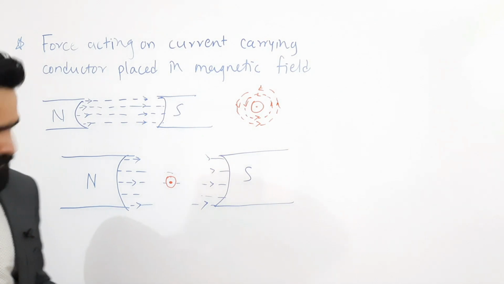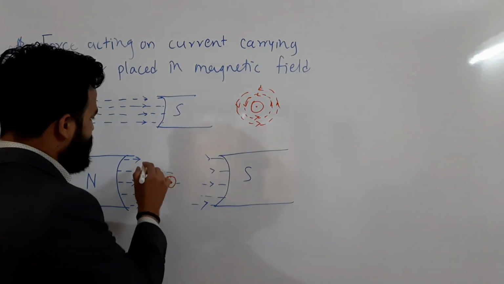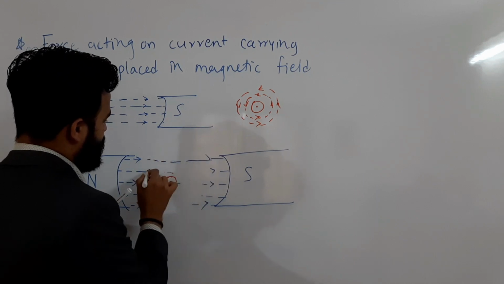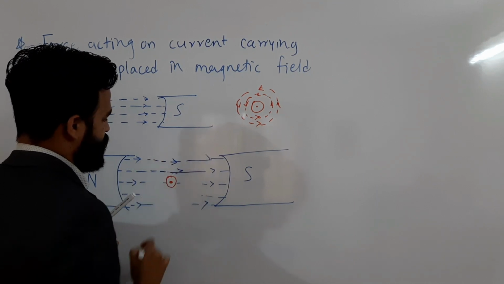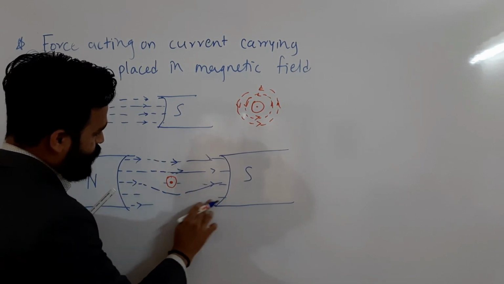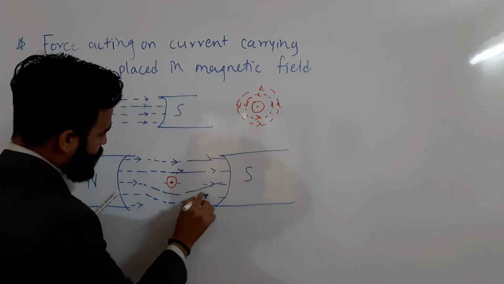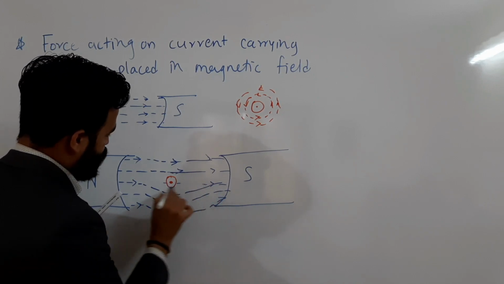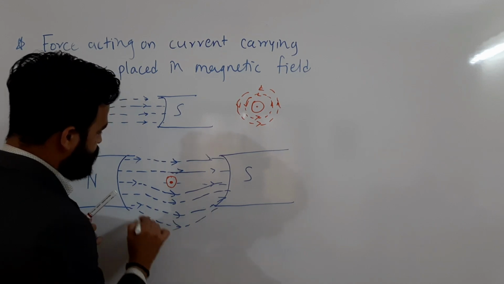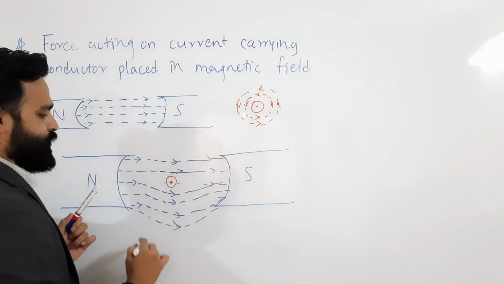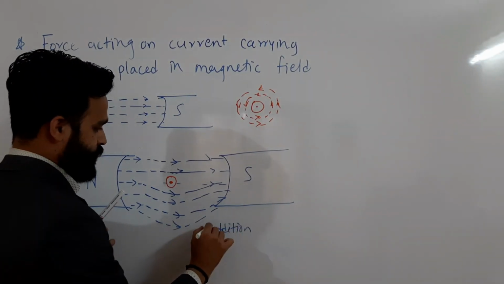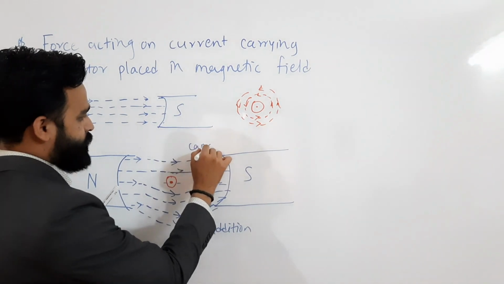Now let me show you what will happen due to this effect. Here the magnetic lines of force become very few, but here there will be many magnetic lines of force. In the downward section, you will find there are a lot of magnetic lines of force, as here there is flux addition. Flux addition happens here, and cancellation happens here.